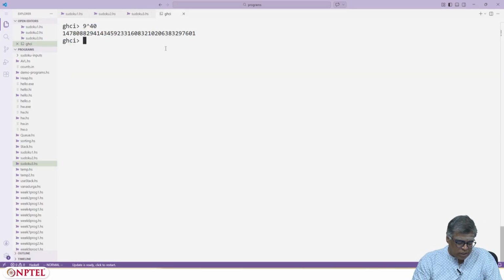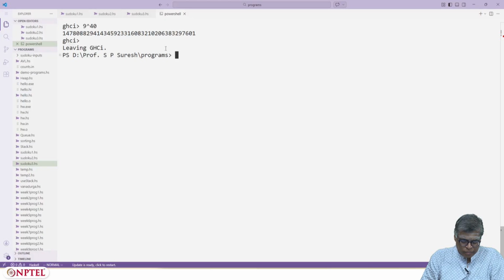So first thing, I'll exit GHCI and I'll do GHC of sudoku 1.